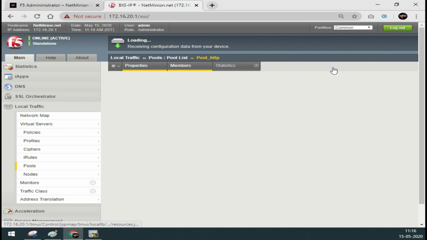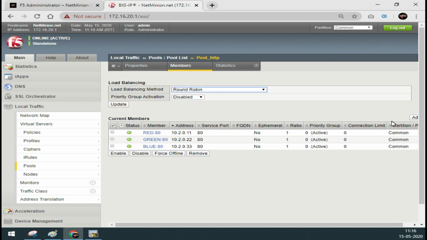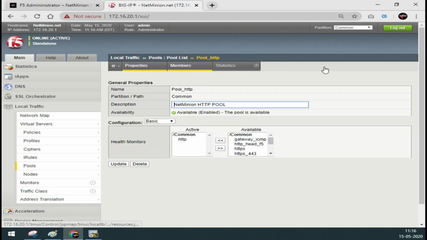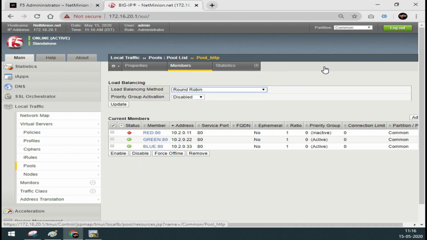After 16 seconds, it will mark it as down, because the keep alive window is 5 seconds, and 5 multiplied by 3 and then plus 1 makes it inactive. Now you can see, and this time you can see that it is offline enabled. So the pool member has been marked down by a monitor because I have unplugged the cable of the red server.